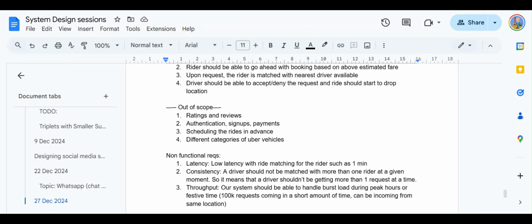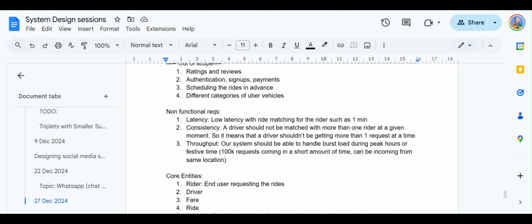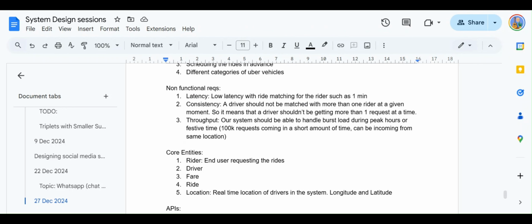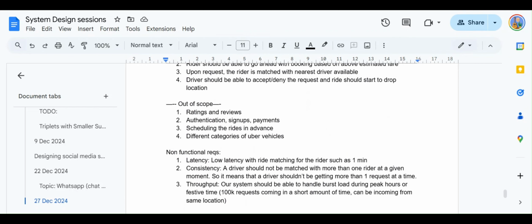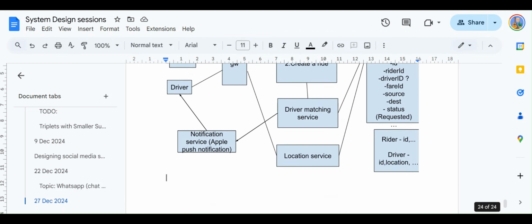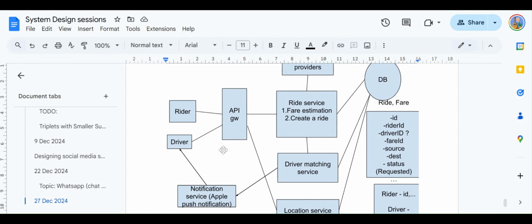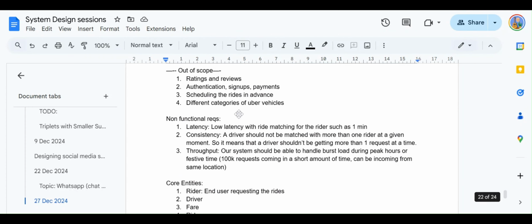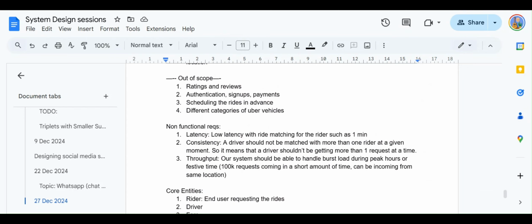Cool. So let's talk about the non-functional requirements part, and the very few interesting cases that we are going to handle. The very first thing is we need to address two things. First of all, how efficiently we can match, because if we are talking about the latency part, the latency of a ride matching should be very small. Then to actually achieve this, we are dependent on a couple of things.